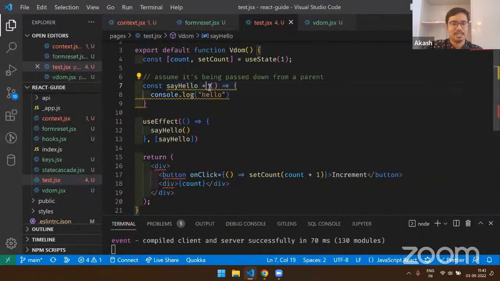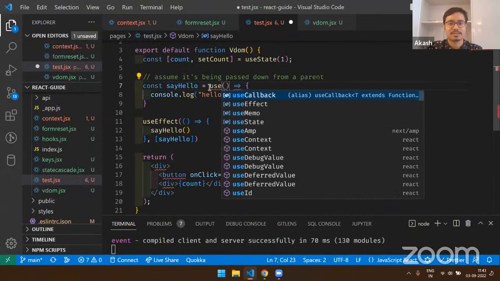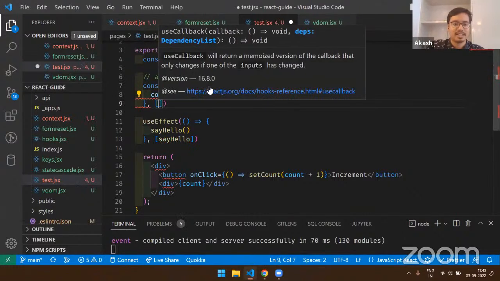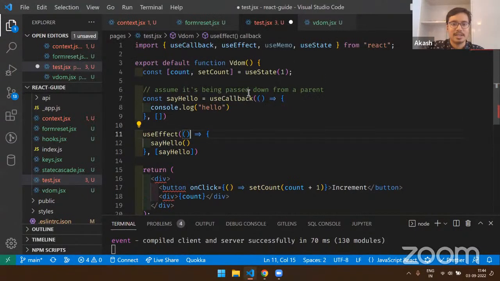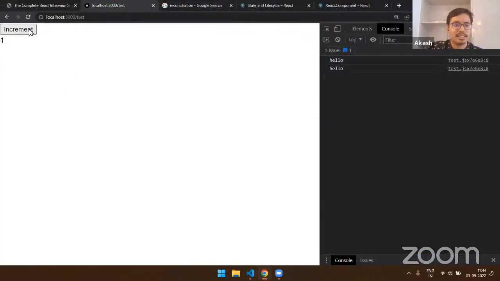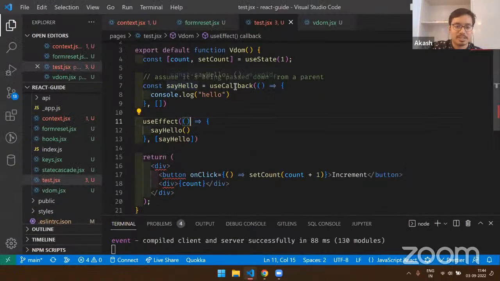We can use something called useCallback, and we can wrap this whole function in useCallback here. Do I have useCallback imported right now? Yes, I do. So if I refresh this and if I click on increment, then we can see that hello is no longer being called every time. This is because the reference to the hello function has been